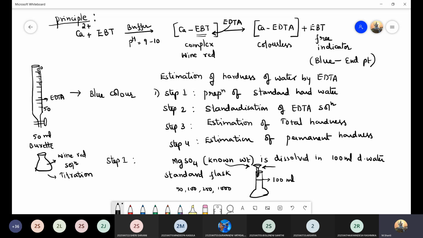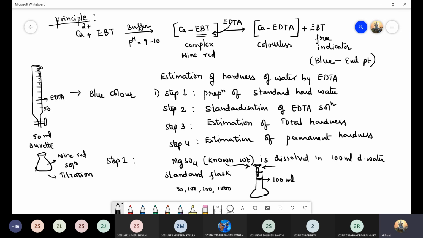Like this you'll get a meniscus, the lower meniscus. You have to check for the lower meniscus. Why? Because this is a colorless solution. MgSO4 is a colorless salt, white crystals. So you have to check for the lower meniscus. In case you have a colored solution, then you have to check for the upper meniscus, because in colored solutions you cannot see the lower meniscus. So you always have to look for the upper meniscus. That is usually an important viva question.